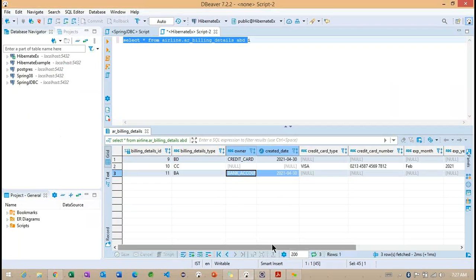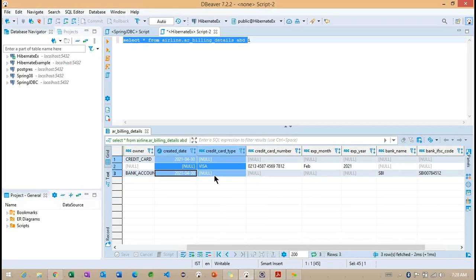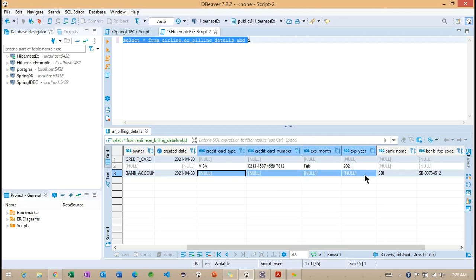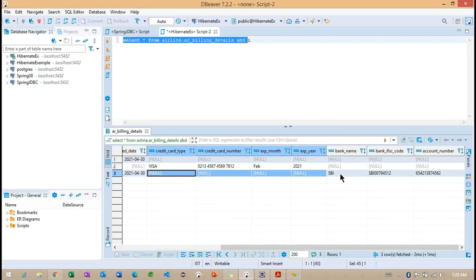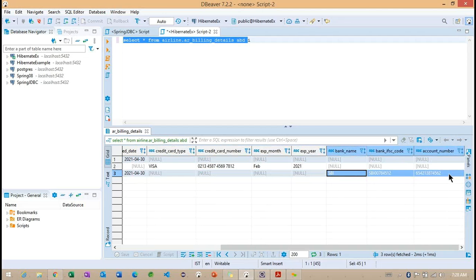And later you can understand the bank details information we are having. Now you can understand the credit card information we are getting, and the bank details we are having here: name of the bank SBI, IFSC code, account number.